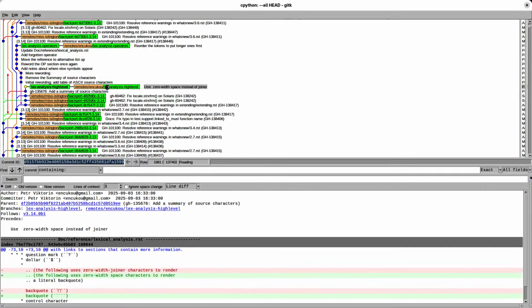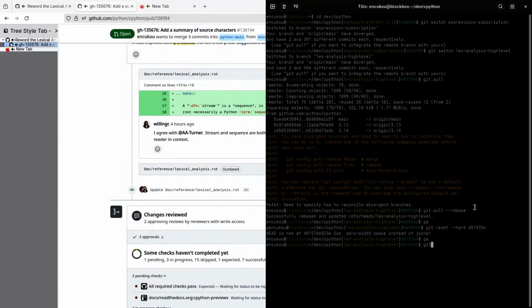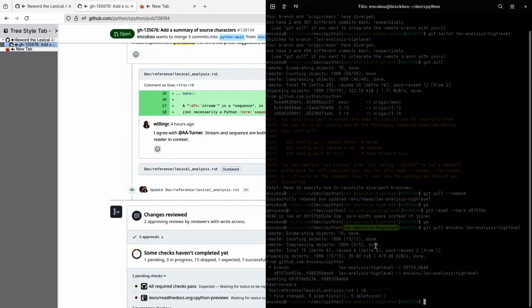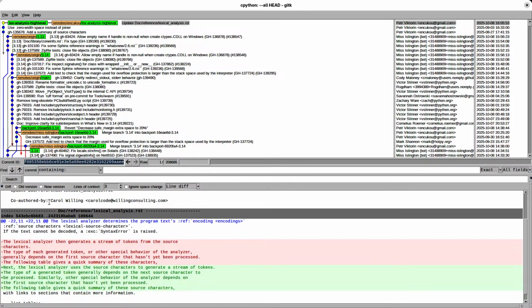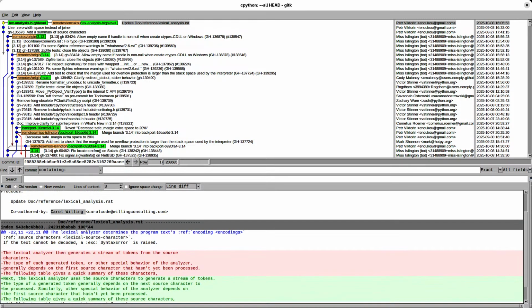Ain't I? I'm pulling the wrong branch. Should pull this one. Get Carol's changes. Yep, there it is. Should be authored by Carol, not by me.